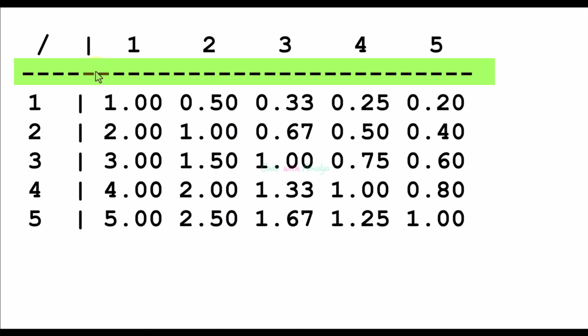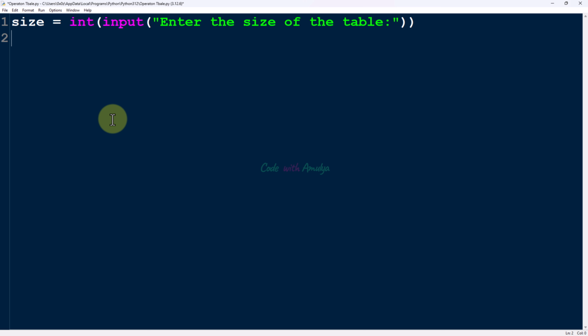This is my first section. We'll print the division operator and this symbol. Then the second section is this. We'll print column numbers. And the third section is this line, and the fourth section is the row numbers, the symbol as well as the result. To print the first section, we'll use the print function, and our operator is the division operator, so